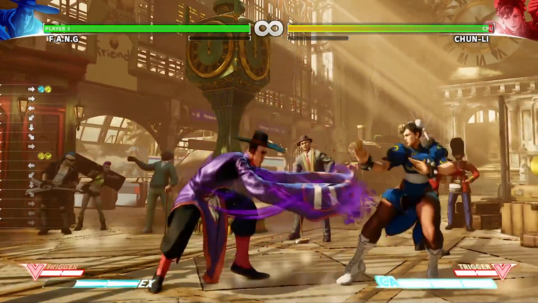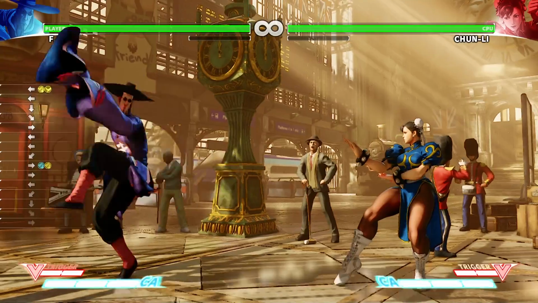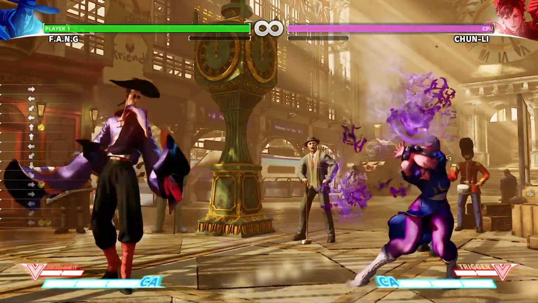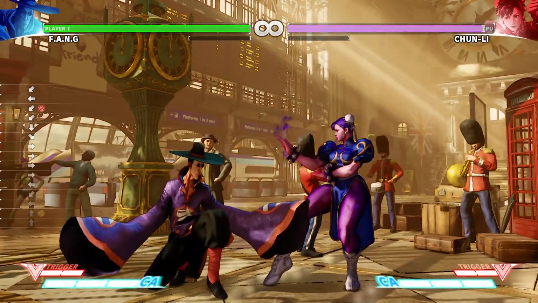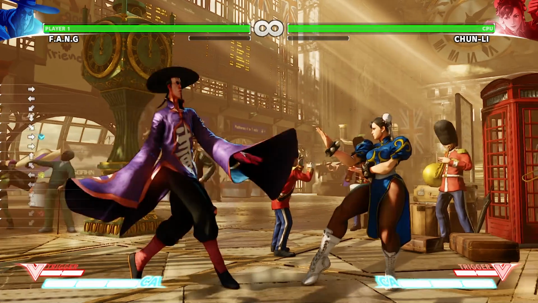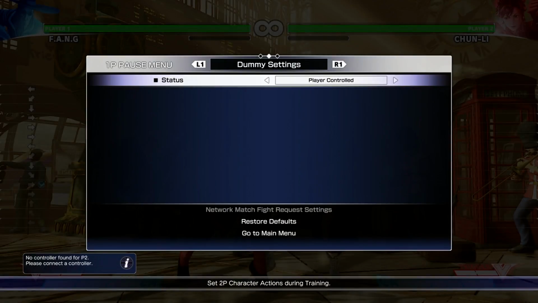F.A.N.G can easily do this. Bison can probably do an EX scissor kick. I mean, just be careful when you're gonna use them, because you can't use them to a point that you're opened up. So that's why I say, if you do anti-air this, or if you do this, right? Those are situations where you can actually use it and are very effective. Like, remember when I said,